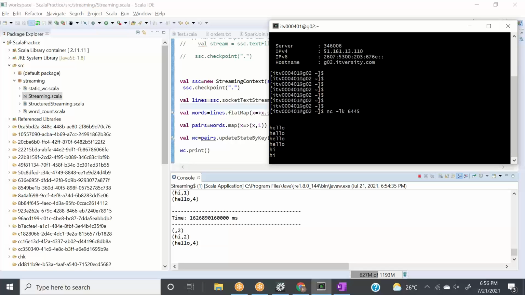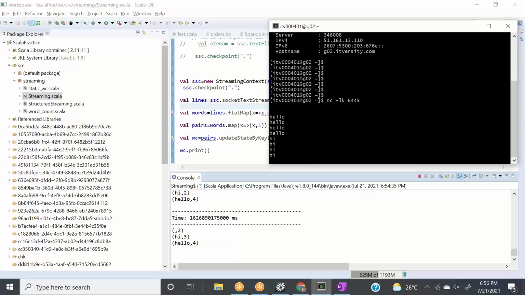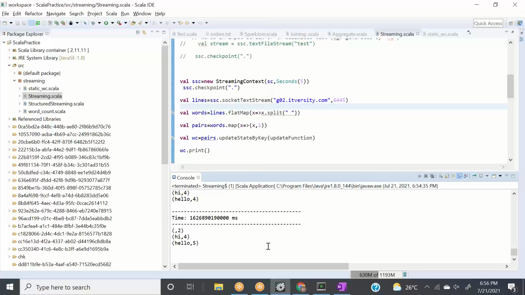So now what we can see here is that this update state by key operation is maintaining the state, and it is taking the previous value, adding that previous value to the current value, and then giving us the result, right? So I printed hi 2 times more, so it is giving hi 3 times now, and now hi, it printed hi 4 times, right? If I say hello again here, then hello will be 5 times now, hi will be 4, something like this, right? So hello will be 5 times. So from here, let me stop this application now.